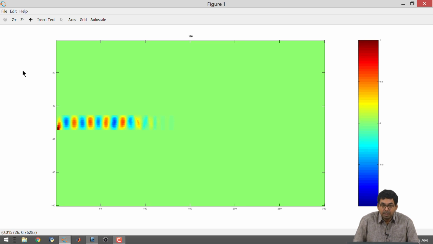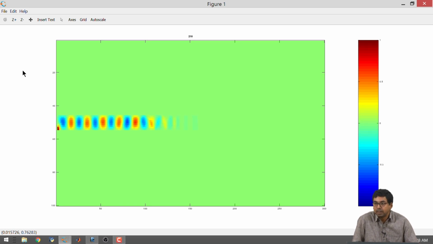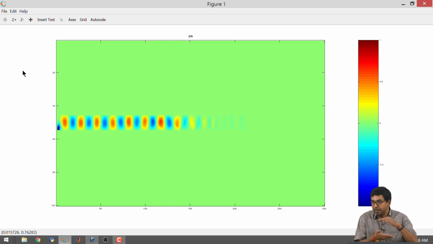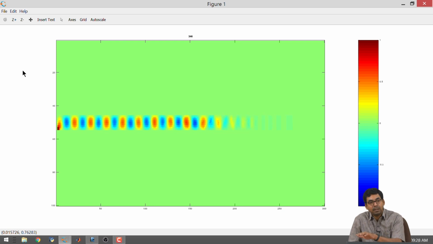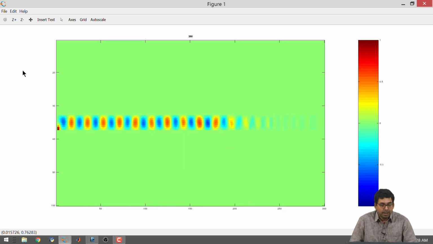Okay. Now, it is still a highly asymmetric excitation, but I have changed the frequency of operation by keeping the waveguide dimensions fixed. What I am noticing here is that I am seeing only one kind of pattern emanating. So, it tells us that in practice, if you want to excite multiple modes, you could do that with a point source placed in different locations in this waveguide. If you placed it exactly symmetric, you may get one kind of pattern, but if you moved it towards one plate or the other plate, you may excite the other modes.